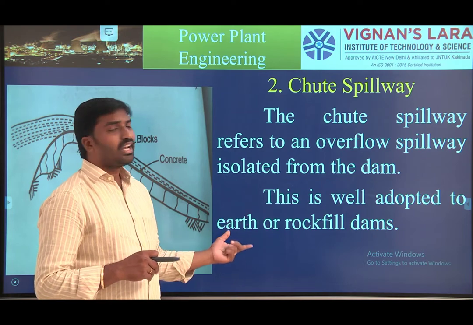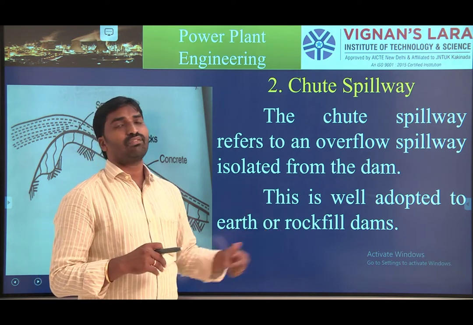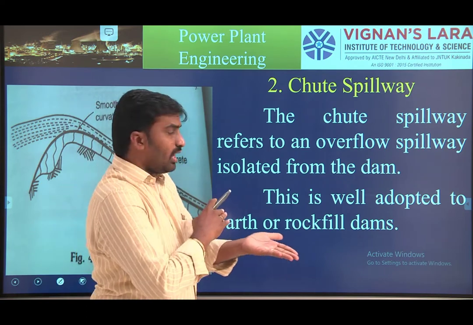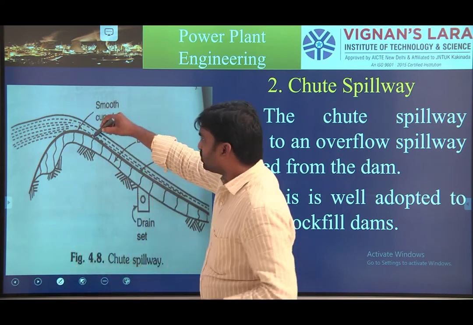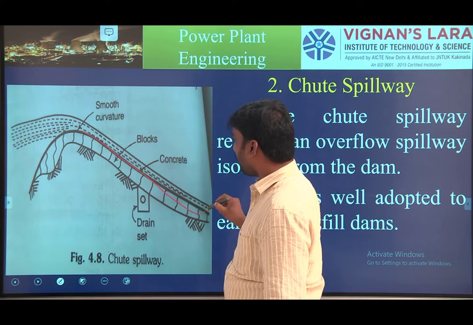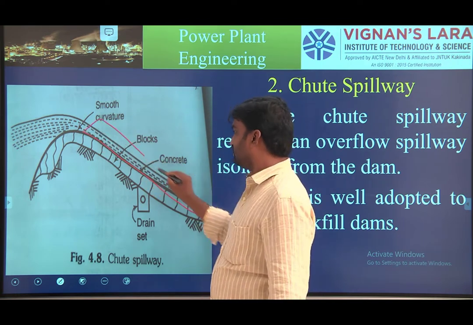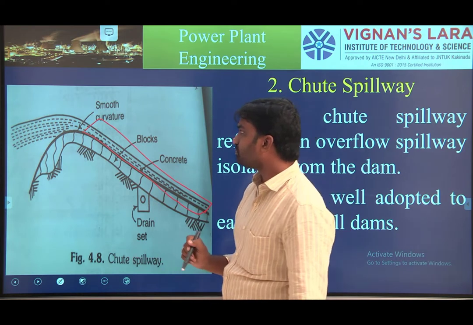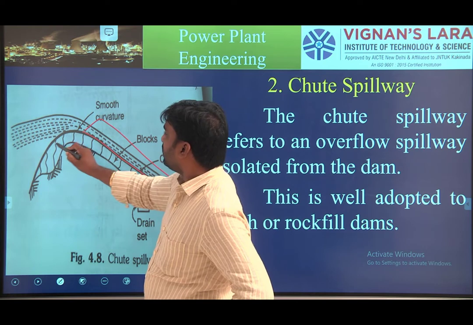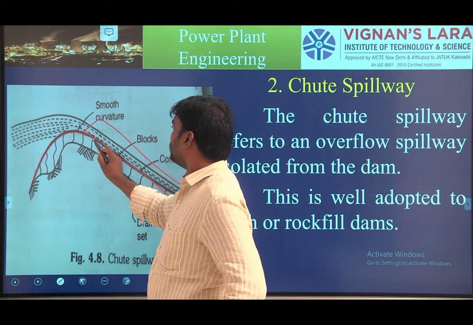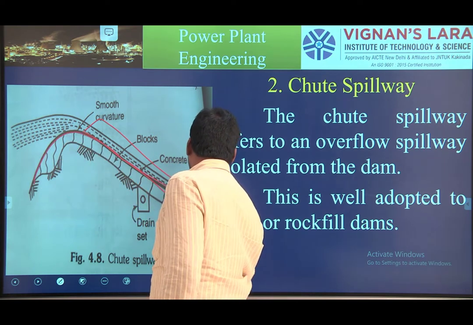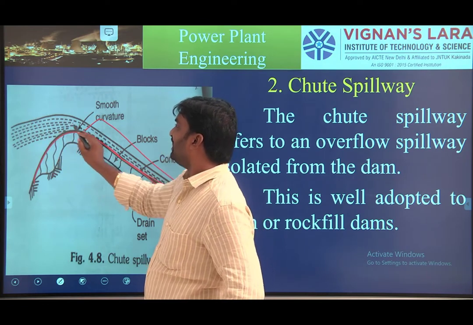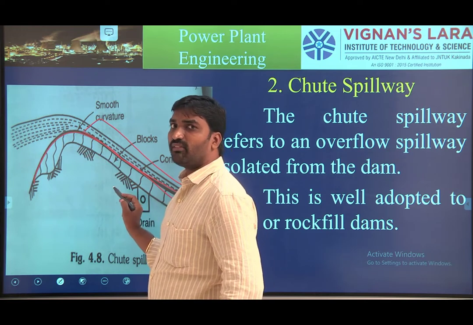Okay, so this is well adapted for generally earth or rock fill dams. So what is meant by chute spillway? In this chute spillway, this is the slant spillway or path. This slant path is used to remove the water very smoothly when compared to the others. And here, this has a smooth curve. This smooth curve is arranged by a spillway point. From the smooth curve, the water flows outside the reservoir.